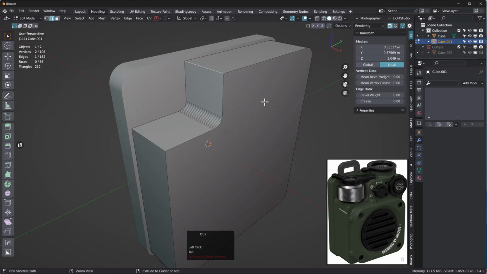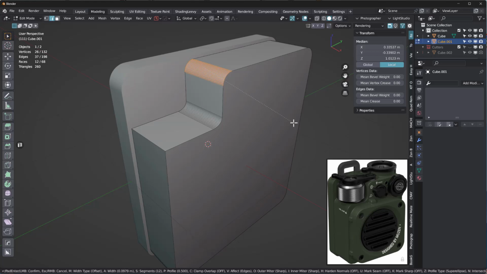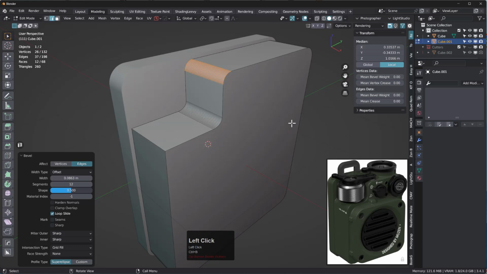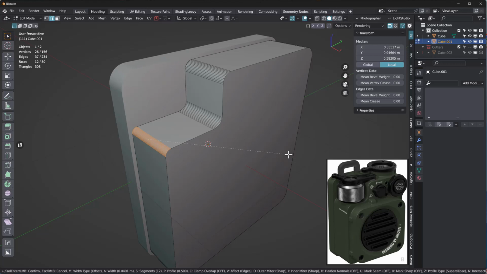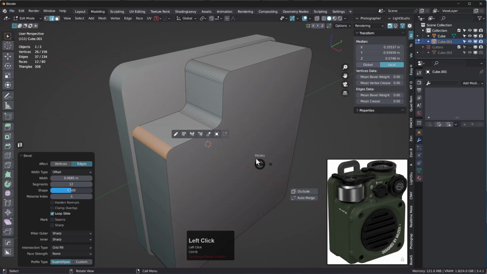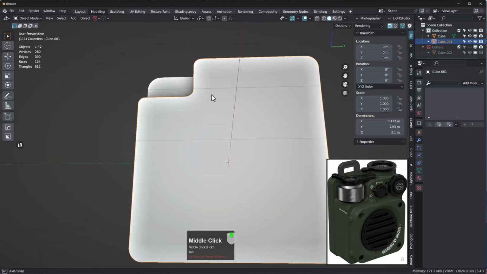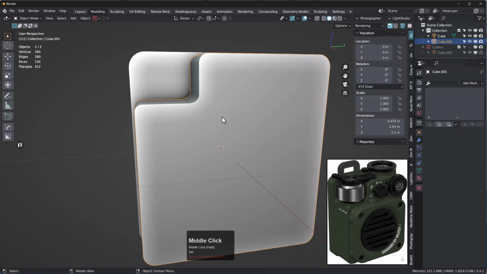And then I will choose that edge, Ctrl B, to round up, I think quite the same amount as the below bevel, and this one I think that's enough. Okay, so this is my part,